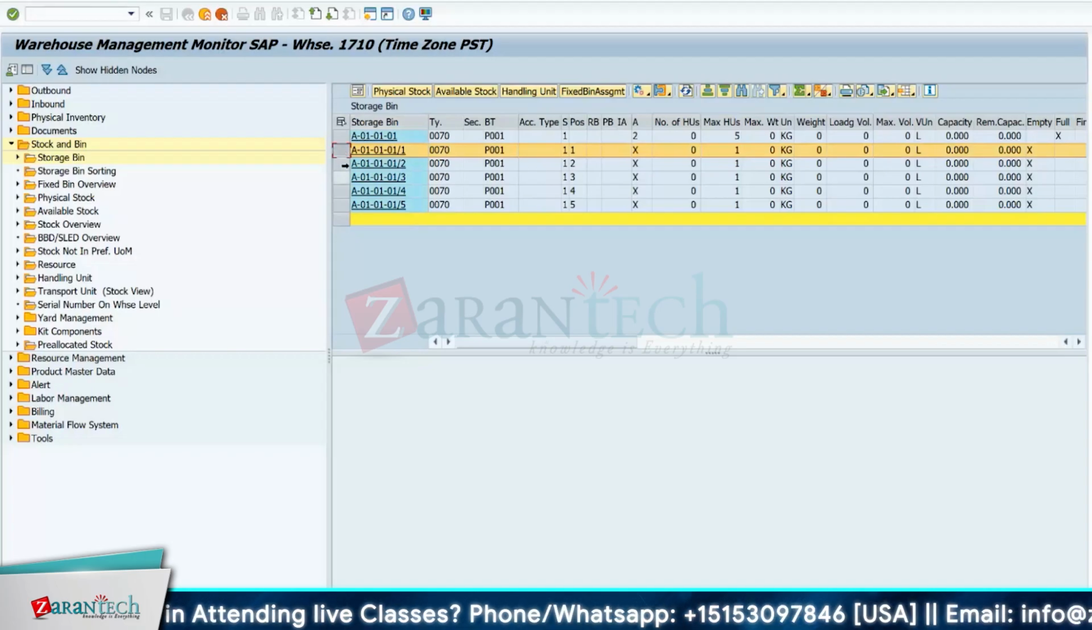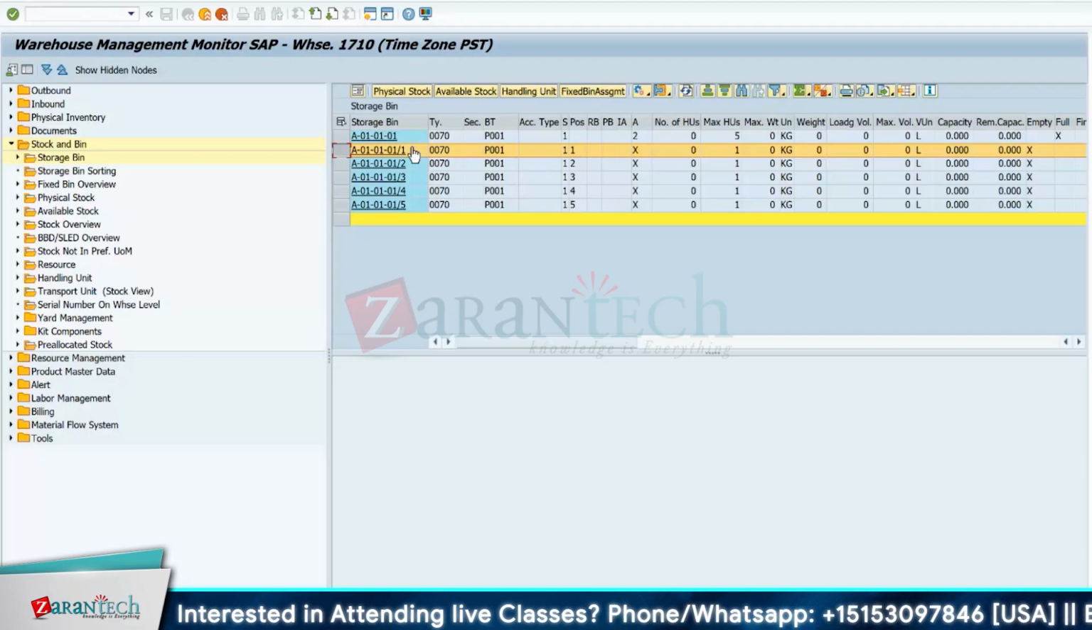So basically what it signifies is that this is within the same area in the rack, but we are classifying that we can store 5 handling units over here. Now, if we want to store the 6th handling unit, the system will stop us from doing it. It will throw an error. Okay. So 1 handling unit per